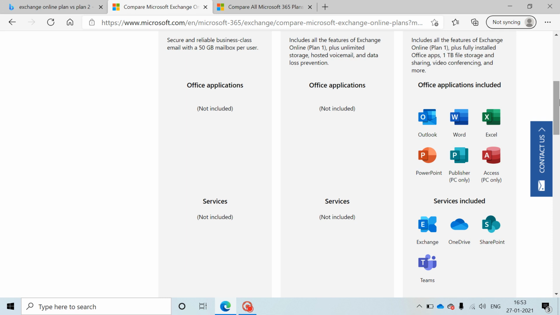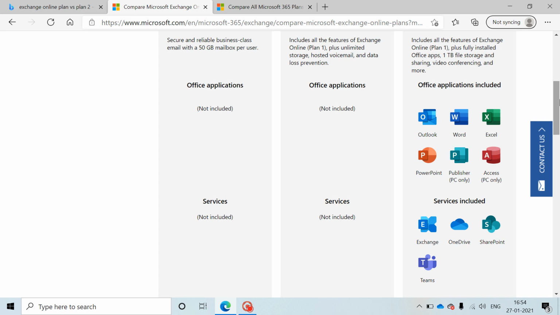you get archiving which is 50 GB, but in Plan 2 you get archiving which is 100 GB, plus you get a benefit to expand it to unlimited depending on the data you use and store. For example, at the start you get 100 GB. Once you use 90% of the storage of that 100 GB, then you can contact Microsoft support. They will help you to auto-expand the archiving, to go to unlimited. So that is what is special in Exchange Online Plan 2.